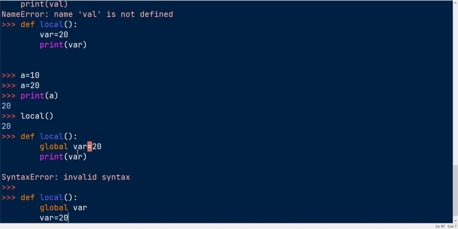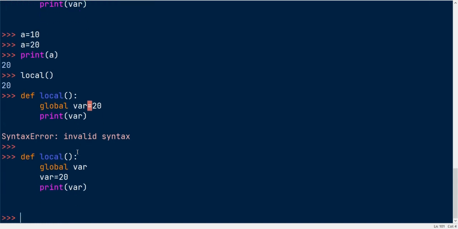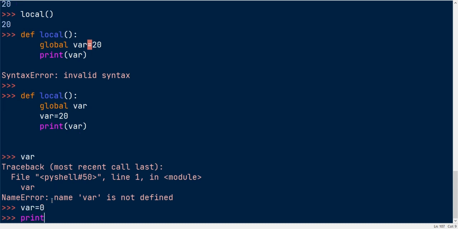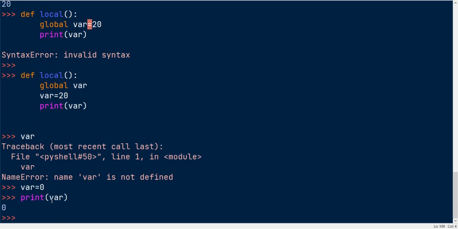Var equal to 20, so this will work fine. If I put var, it just returns var is not defined because we have never defined the variable var. Var equal to 0, print of var, it just returns 0.